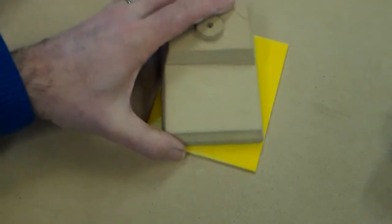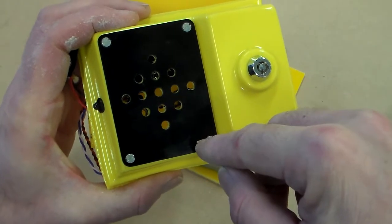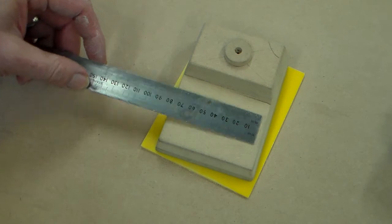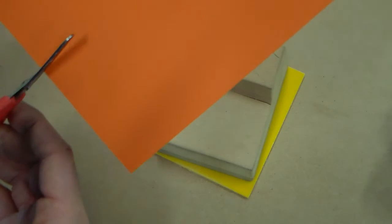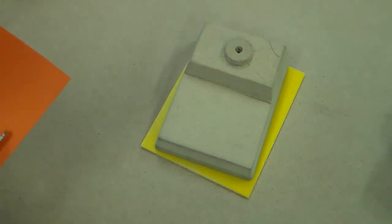The second thing we need to do is work out the size of our grill panel that we're going to laser cut. Now, the best way to do that is simply to get a steel ruler to measure the size, and using a pair of scissors and some card, we will cut ourselves a template. We can then, when we're back in the computer room,